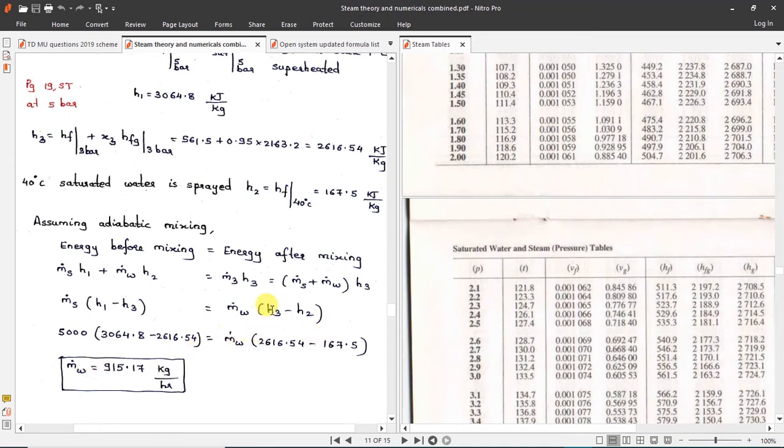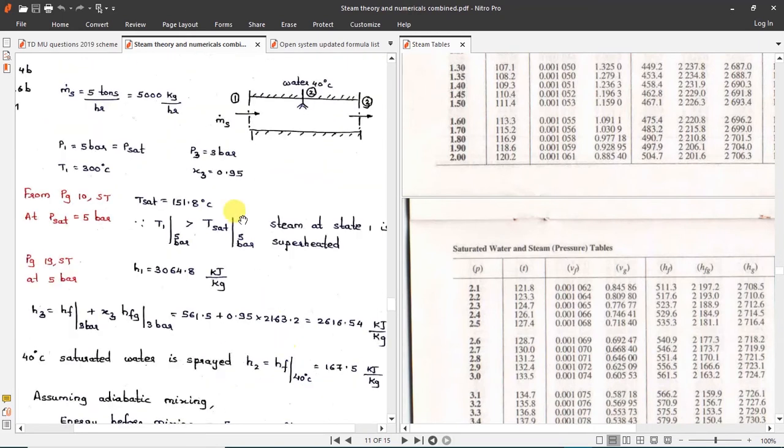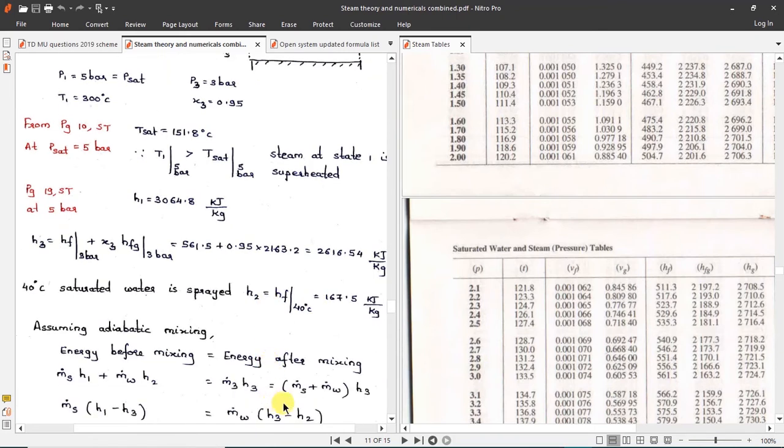h3. Now you have to compare this h3 for P3 pressure in the steam table. So at 3 bar pressure, you will compare this enthalpy value and it will be less than Hg, which indicates that the steam is wet steam, and using the wet steam you can calculate x3. So in this way also the question can be asked. The question can be reversed also.